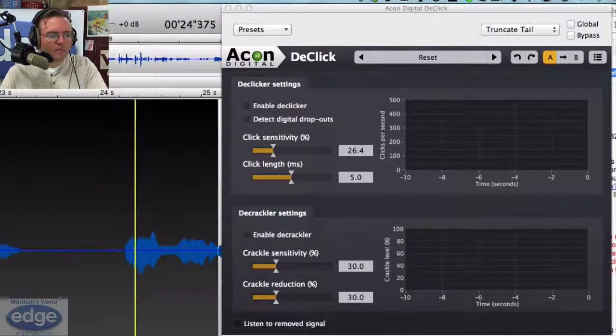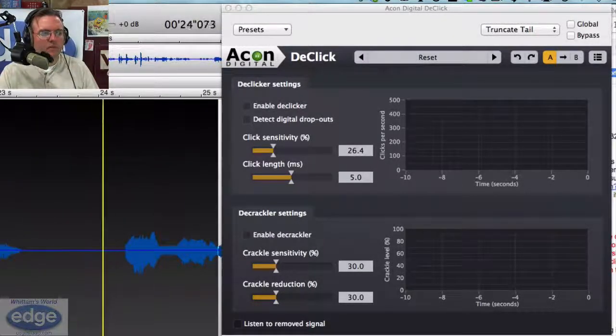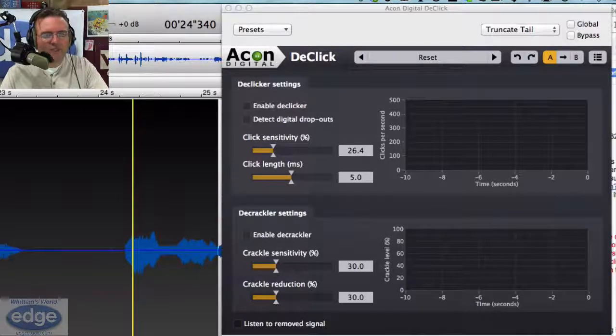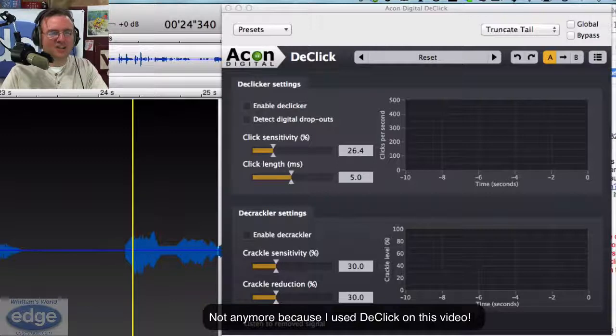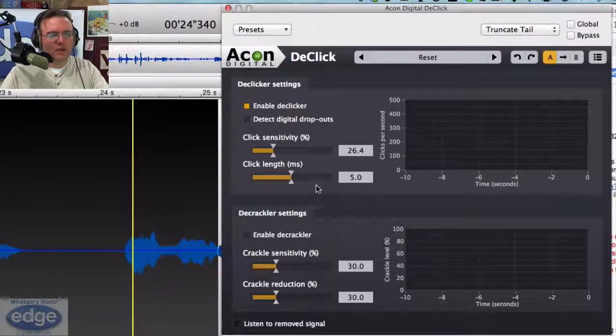Foolery. Malvolio. Foolery. Okay, so there's that little sound, which you're hearing from me right now too. As I talk about clicking, I'm hearing them more and more in my own voice. Let's go ahead and enable the declicker. And right now I have the click length set at 5 milliseconds and the sensitivity at 26%